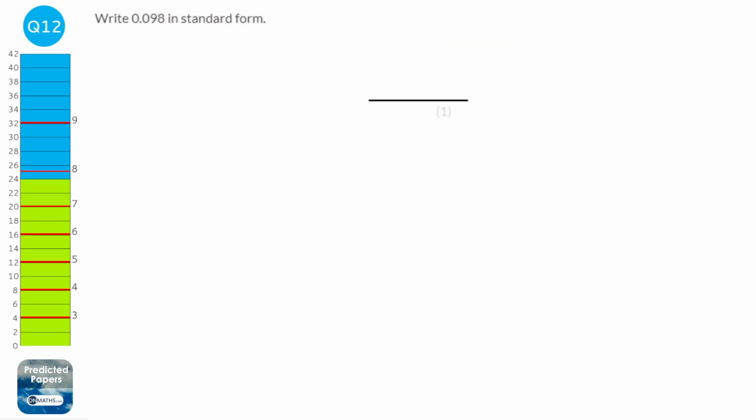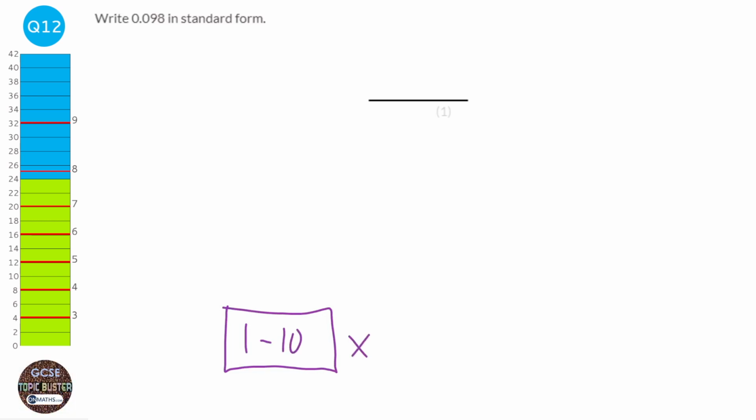So we've got to first of all understand what standard form is, and standard form is a number that is between 1 and 10, but not including 10, times 10 to the power of another number. So to find out what the number's going to be for our standard form, we're going to just write down the decimal first,